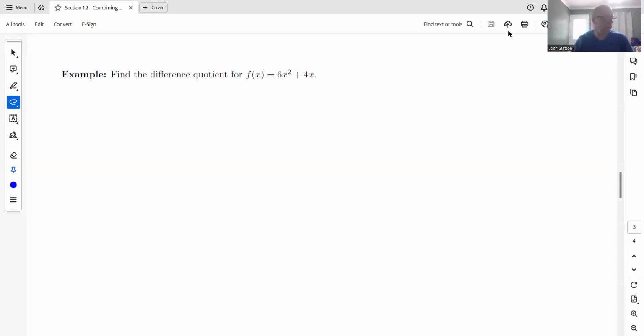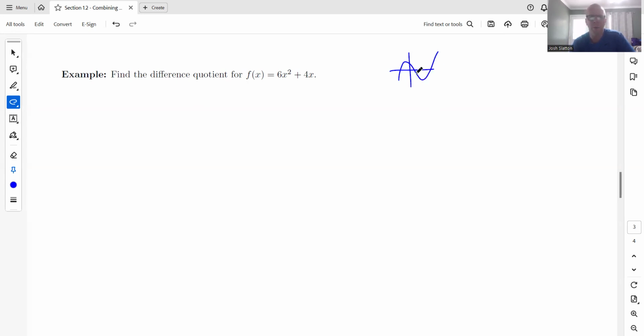All right, so I forgot one main example, but there are two examples we could do with this. Finding the difference quotient. So this is basically finding the slope between two arbitrary points on a curve. So if we have some curve that looks like that, this is basically finding the average rate of change